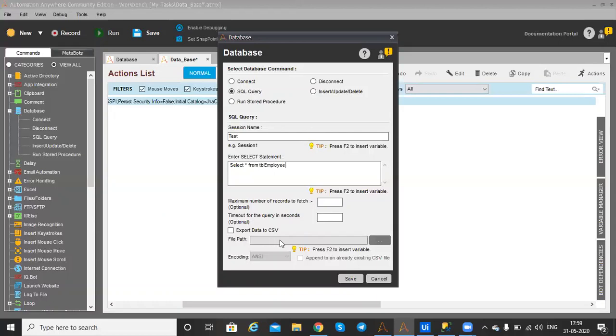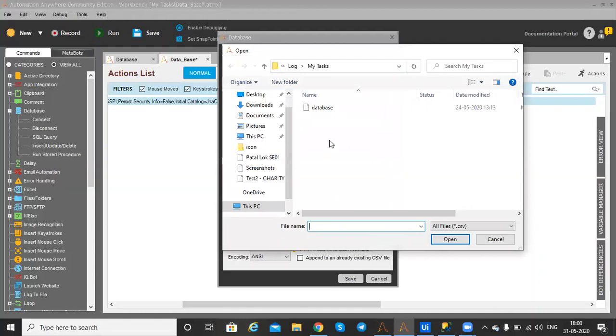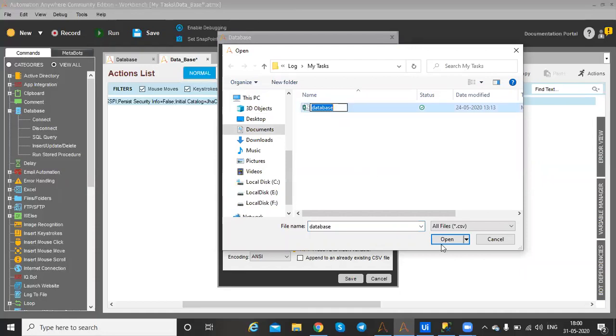Here we have to set the path. If you want the data in a CSV file, you have to set it there. For that, I choose export data to CSV, and I already have a CSV file created in my folder, so I choose this one, database, and open.